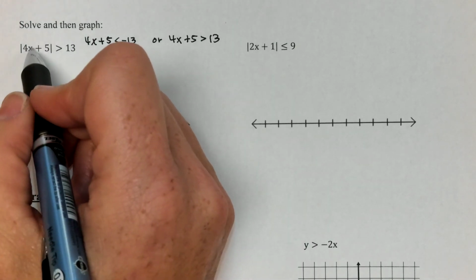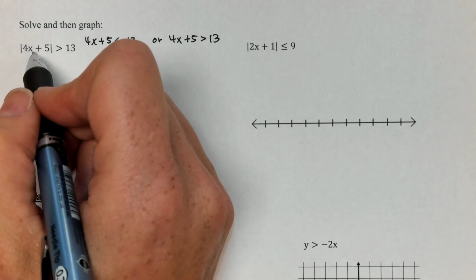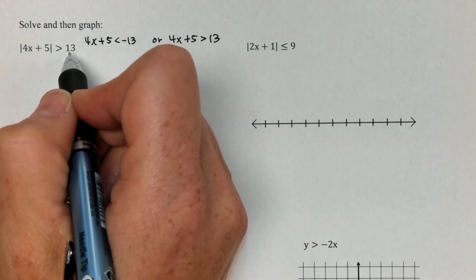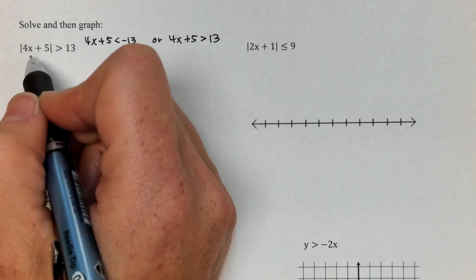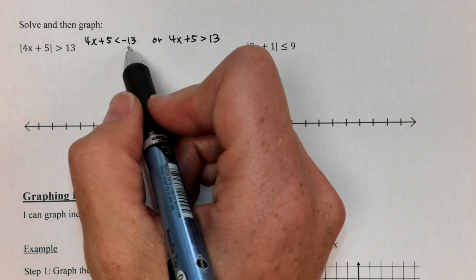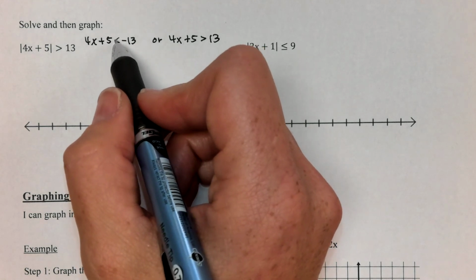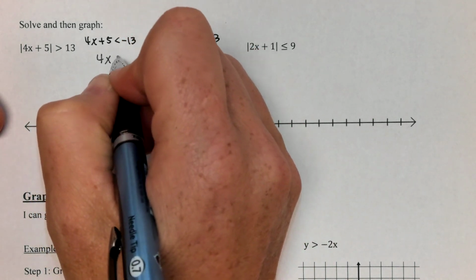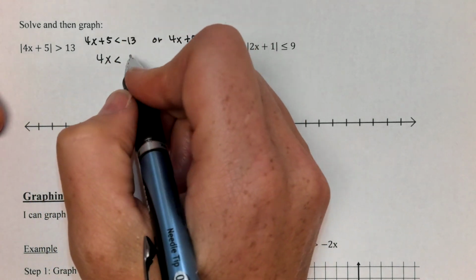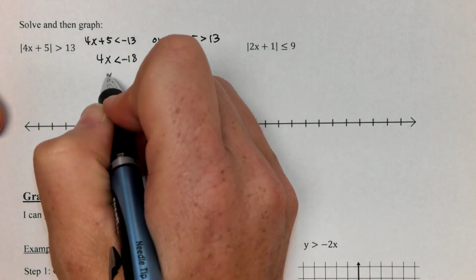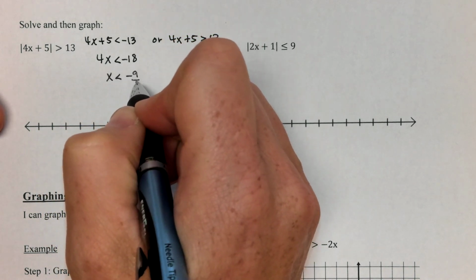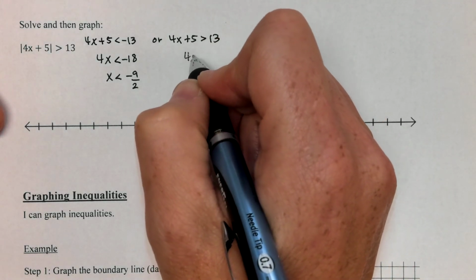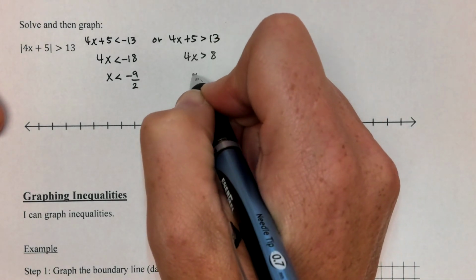And remember, absolute value will turn it positive. So negative 14 would be valid here, because the absolute value of that would be positive 14, and that would be good. So any negative numbers smaller or to the left of negative 13 will work. So that's why we do a less than. So let's just solve each of these up. I've got 4x, and I subtract 5, I get negative 18, and then divide by 4, I end up with negative 4.5. This one will subtract 5, and we'll get 8, and then when we divide by 4,